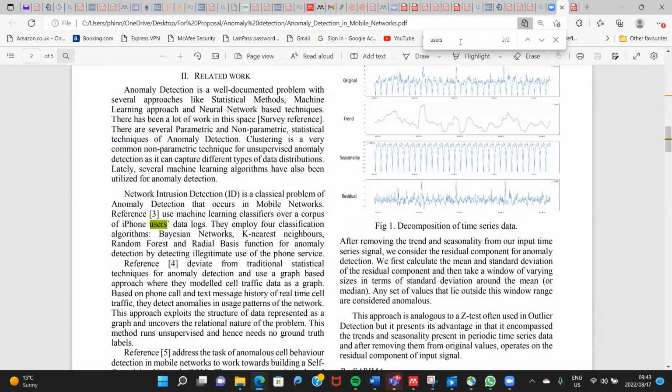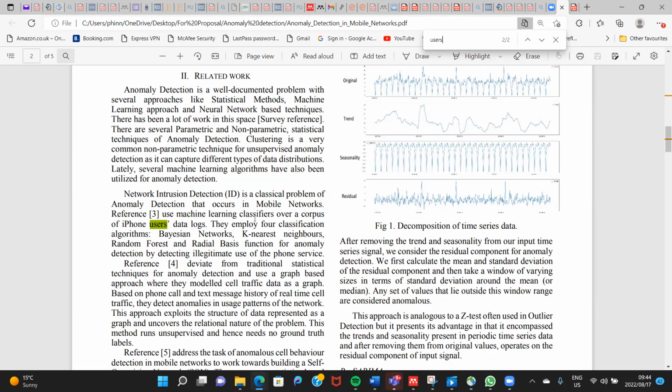Are you seeing what I'm seeing? All right. So it's important that in your work, you indicate the targeted population. The population could be anything. It could be animals. It could be a system that you are observing. And in the methodology, it should be clearly stated. So here you see, anomaly detection is well documented. We know there has been a lot of work in this space. There are several parametric and non-parametric statistical techniques that have been used,